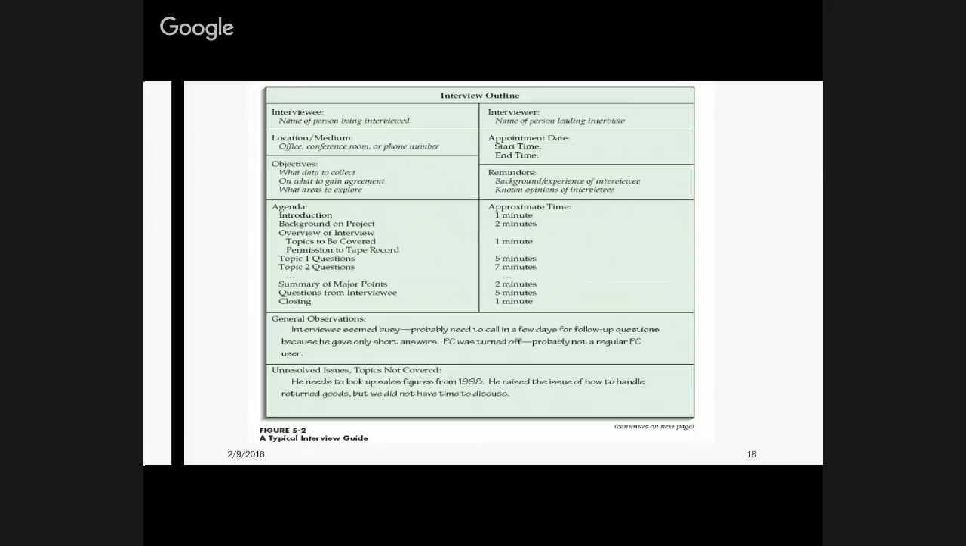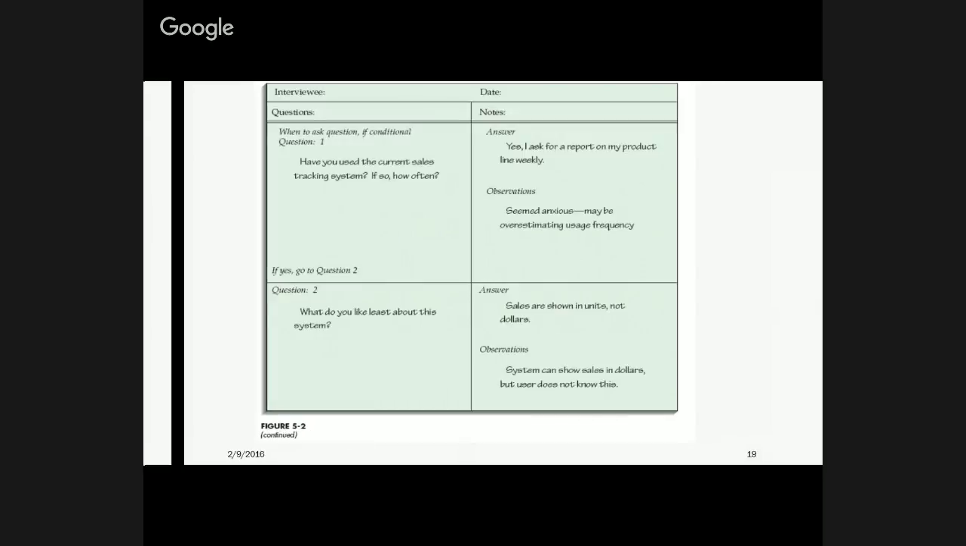This is just kind of going off from this with the specific questions. Have you used the current sales tracking system? If so, how often? That's kind of a yes or no, right? Yes, I asked for a report of my project. Here's more observations. Seems anxious, maybe overestimated usage frequency. Some people are going to answer because they think it's the right answer and it protects their job. You know, I mean,